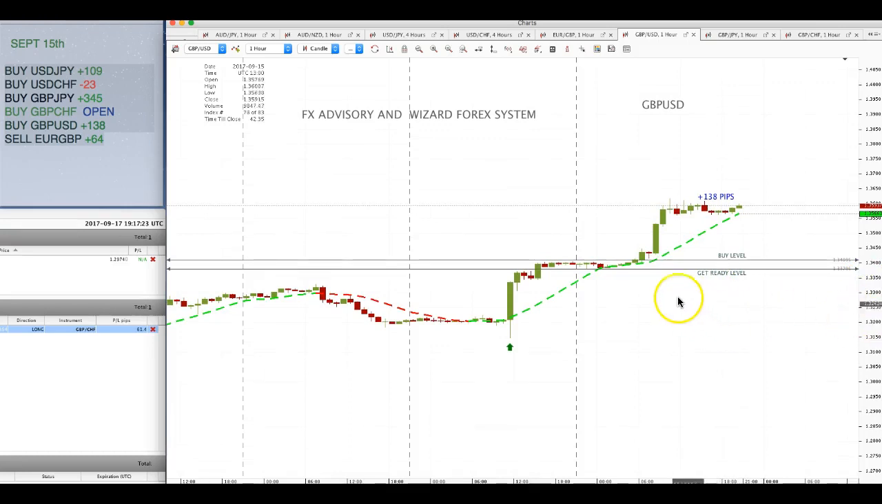So this is how to take trades in the direction of the trend using the wizard and the FX advisory